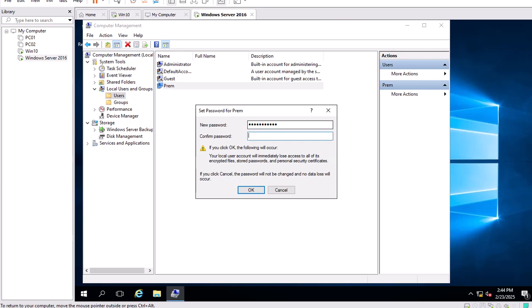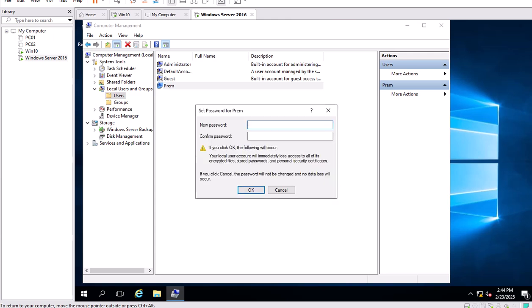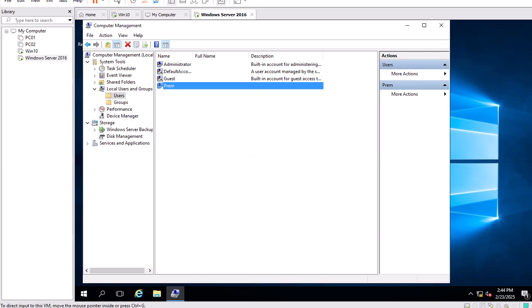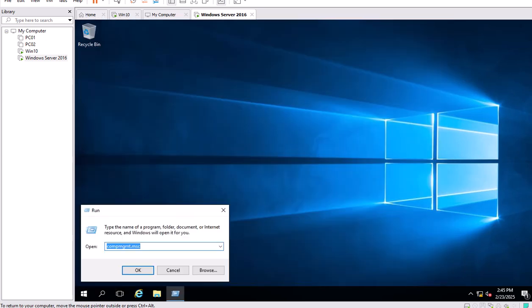You should give a complex, strong password. Okay, very good. We have changed the password and we need to set the